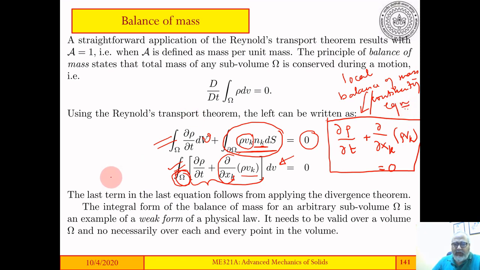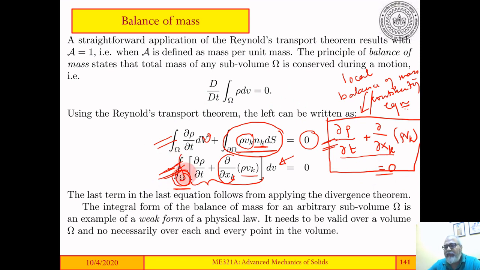Okay, what about this? This is also a balance of mass. This is just for a domain omega, a larger domain omega, which may not be infinitesimally small. This is a point-by-point relation. For every point in the body, this relation must be satisfied. This is a local form of the law of balance of mass, whereas this is a global form because it